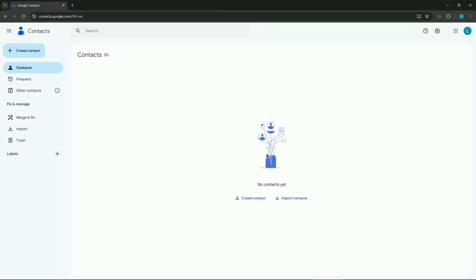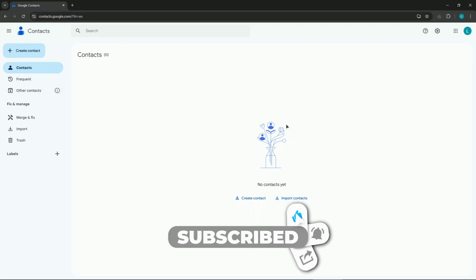If you want to import your contacts from your phone, you will firstly need to, of course, export your contacts from the phone. There's going to be a certain file that you will need to download, alright, export. Then you need to just basically click on this import contacts and all of your contacts will appear inside of your account. Alright, so this is very, very simple. And that's how it's done,